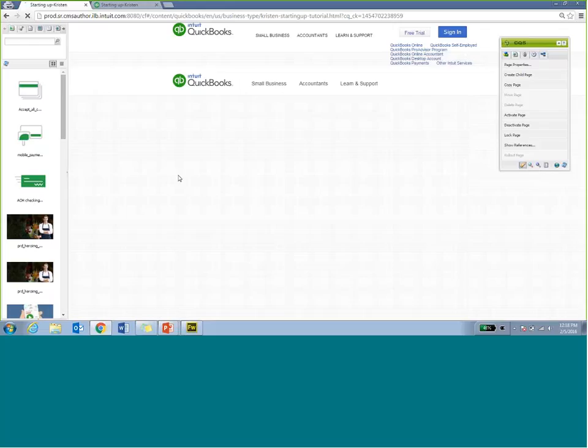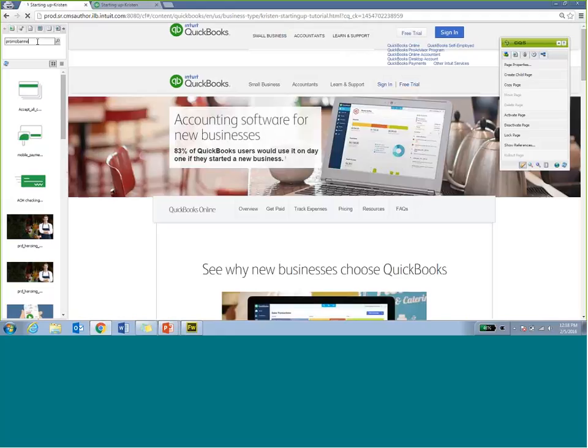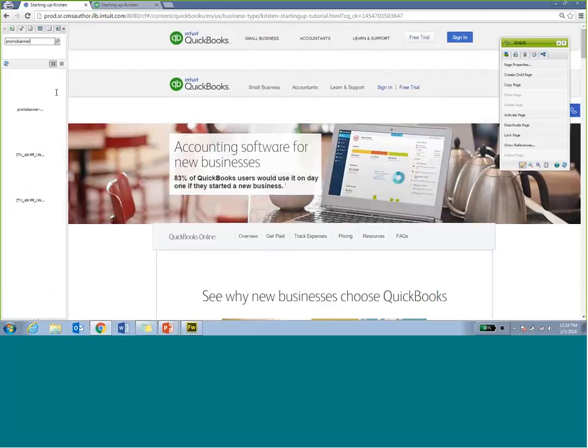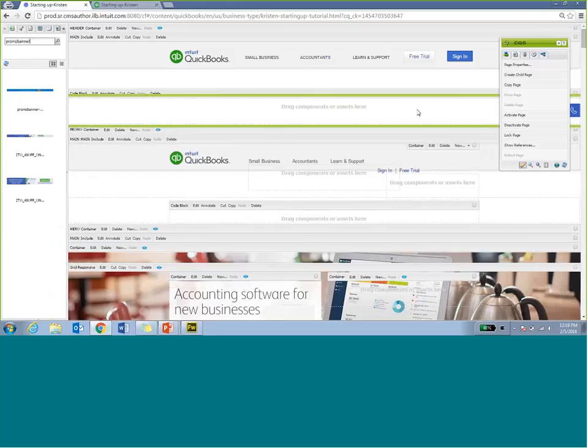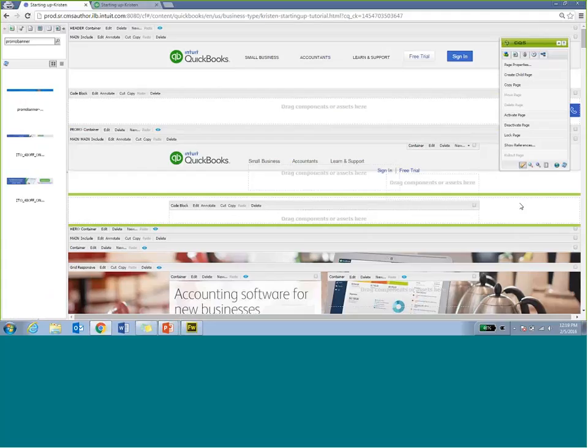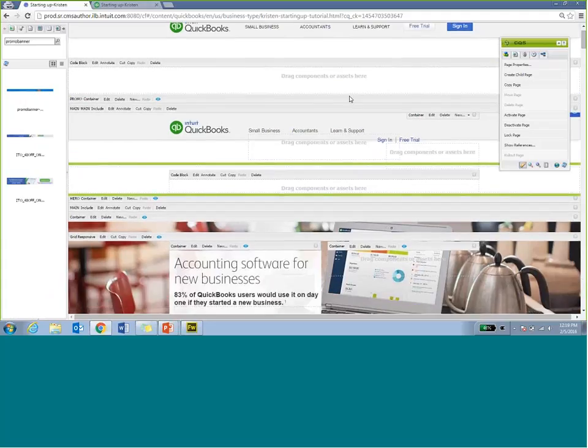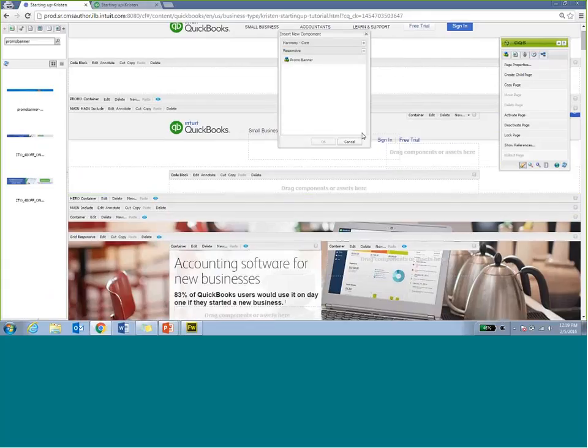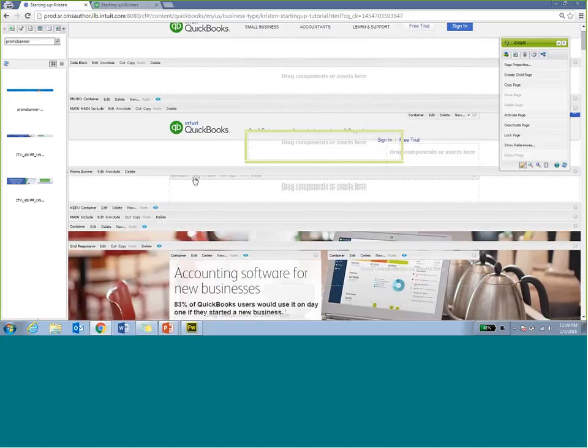All right, so it's right here. And then what you'll want to do is right-click, New, and then Responsive, and then you'll have Promo Banner. So then you go into your Promo Banner,